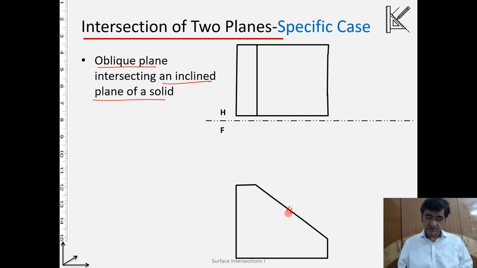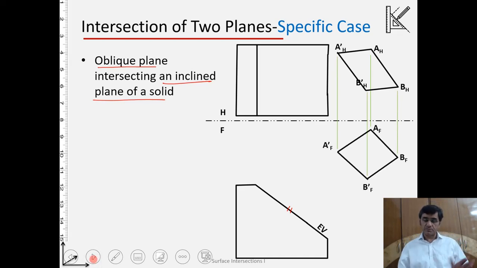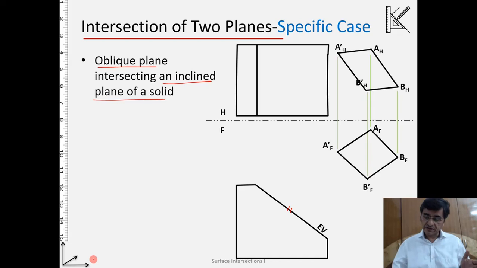this line is representing the side view of a plane which is going inside the screen. Let us draw another plane. So that's the horizontal and frontal projection of another plane, and as in the previous case, here also the oblique plane is A dash B dash. The method is similar to what we did earlier.